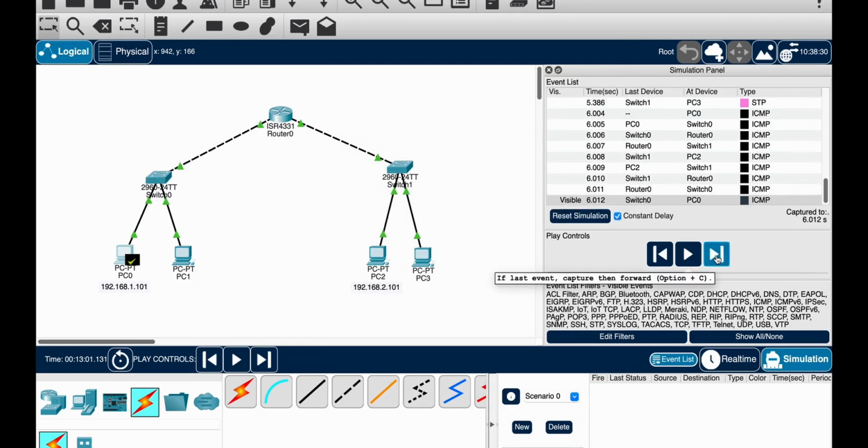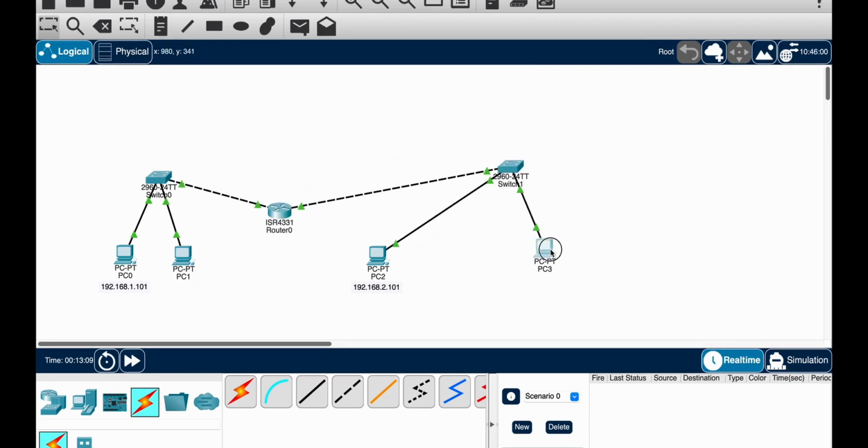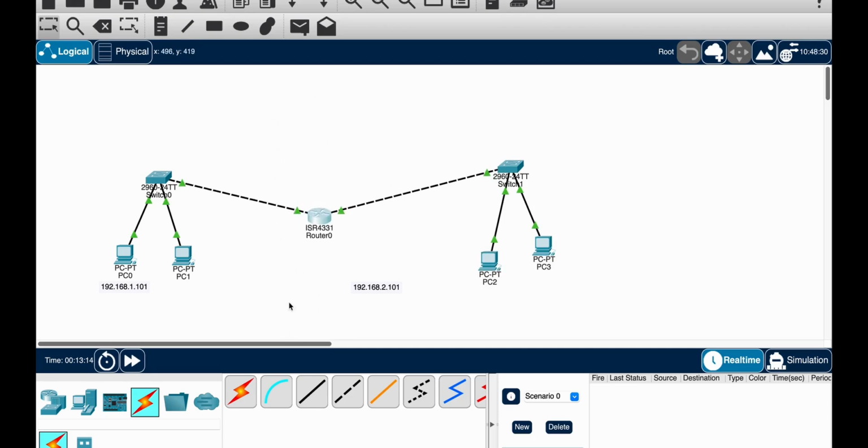So now what we've done is we have introduced a router in these two networks. And if you remember, I told you that as soon as you have a router and you understand what a router does, now you can go ahead and add multiple different local area networks. For example, you can add a local area network over here, you can add another local area network over here, and the router is going to take care of everything for you. There are quite a few different router configurations and different things that we have to do later on in the course. But for now, you have established connectivity between two LANs.